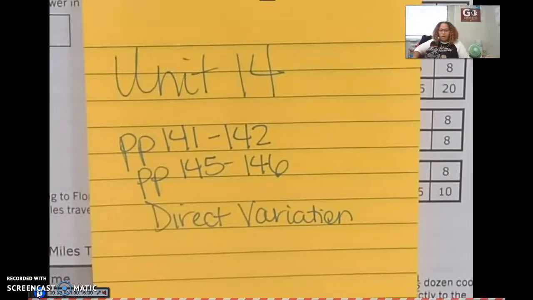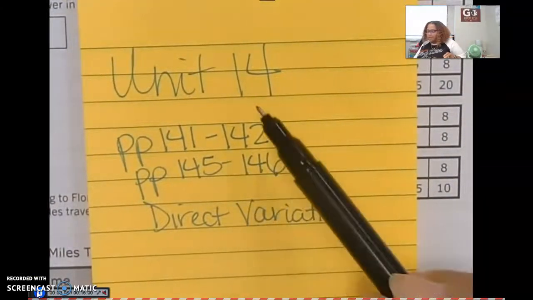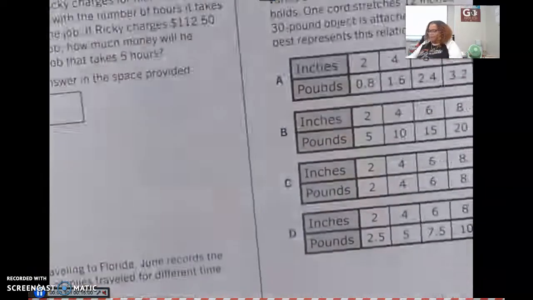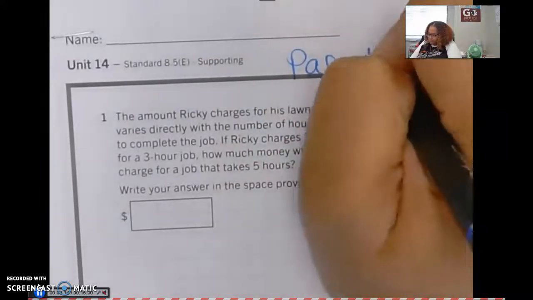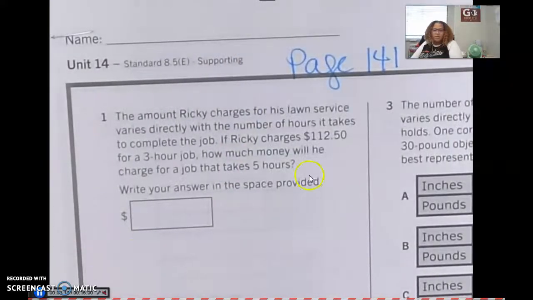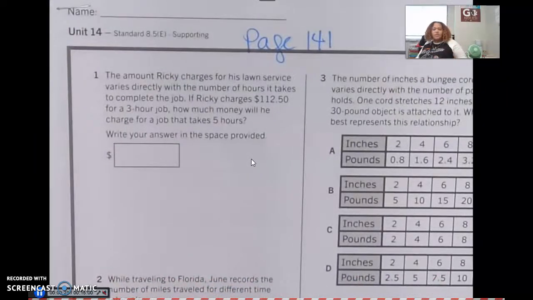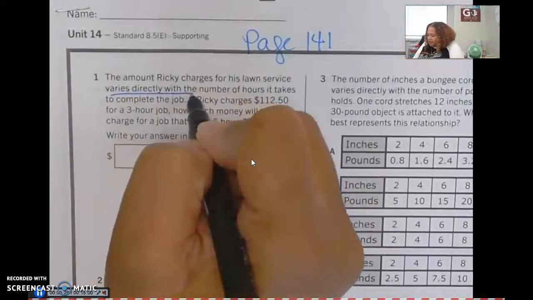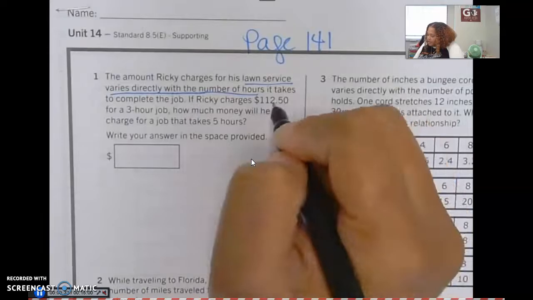All right, I'm going over your homework on page 141 through 142 and 145 to 146, unit 14, direct variation. So on page 141, let me zoom out just a smidge. The amount Ricky charges for his lawn service varies directly with the number of hours it takes to complete the job. So varies directly with the number of hours that it takes to complete the job means I need